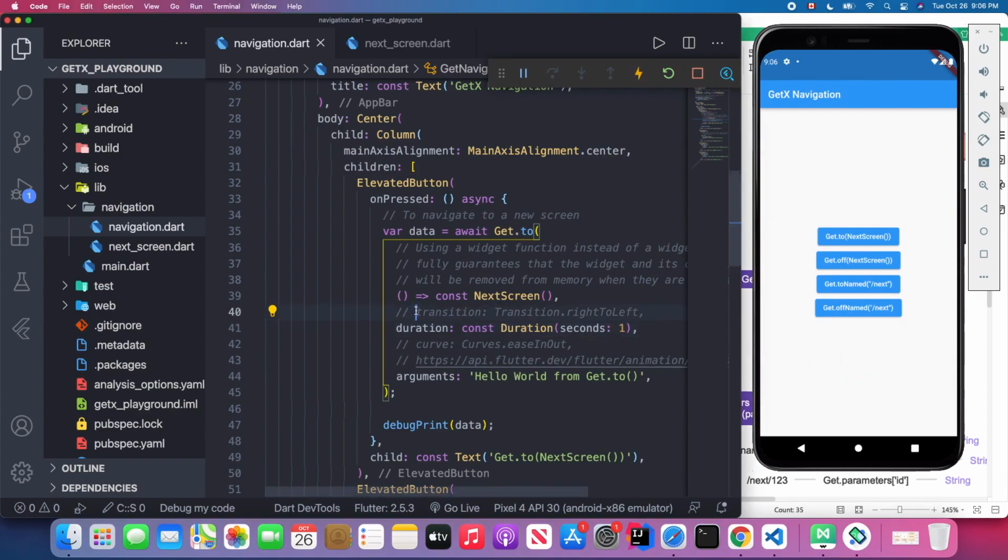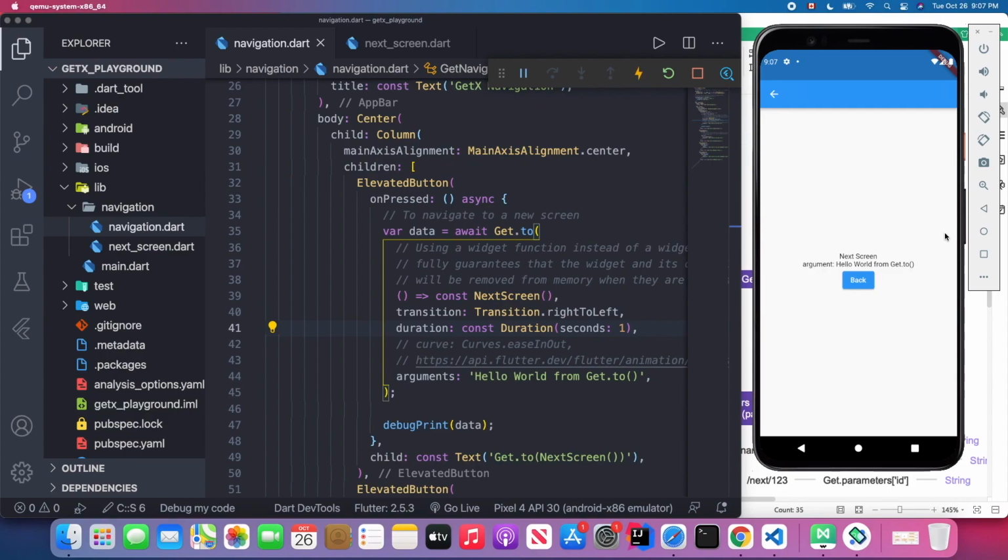And we can change the transition. So here I define the transition to right to left. So I save it, and when I click this button again, you'll see our next page will show from right to left, right? So we can set these transitions. So another one is we can